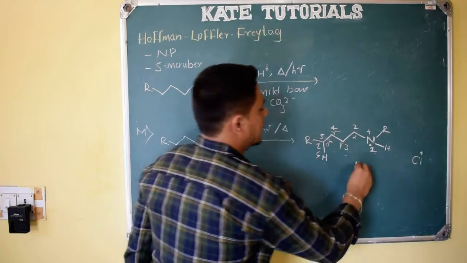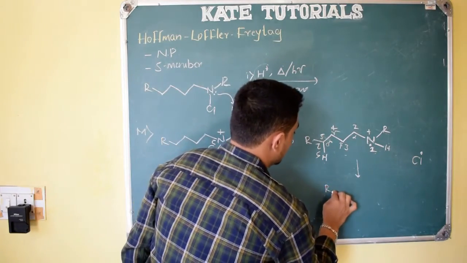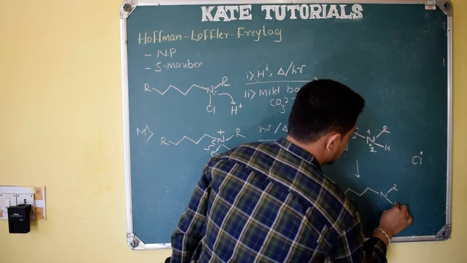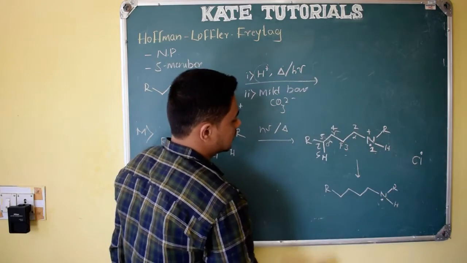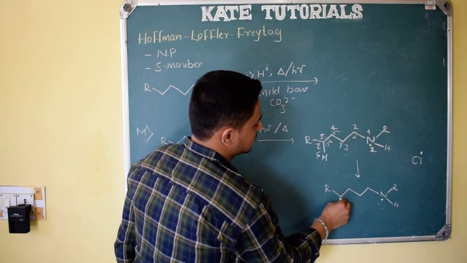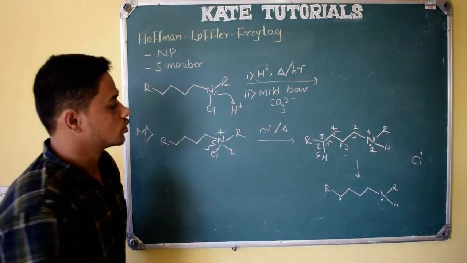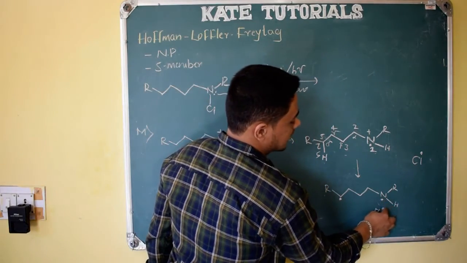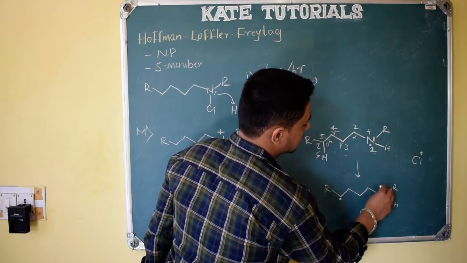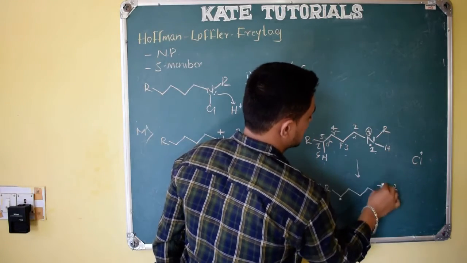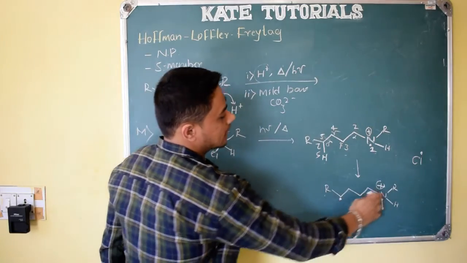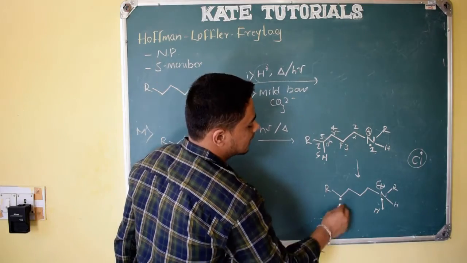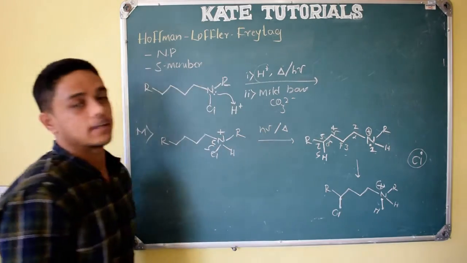So what happens here? A radical will be formed here like this: R, N, R, H, and this radical is there, right? So here a radical is formed, a radical mechanism. The H radical is taken, and this radical forms a bond, so it is like this, and nitrogen has a plus charge, and this radical and the Cl radical are there, right? So the Cl radical and this carbon radical will react and form a bond like this.